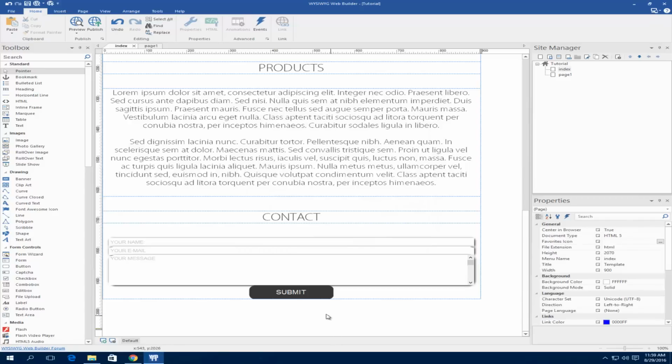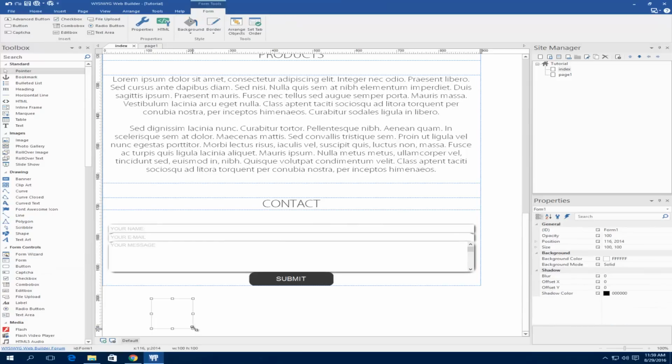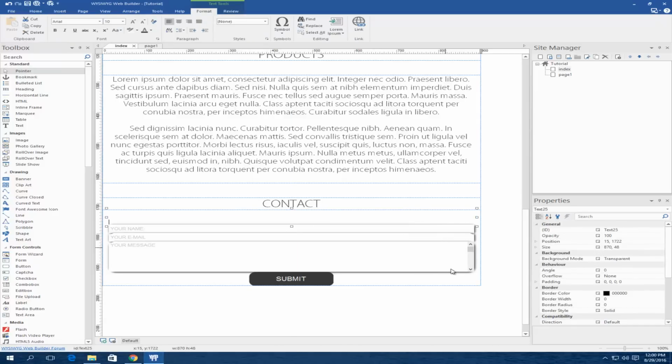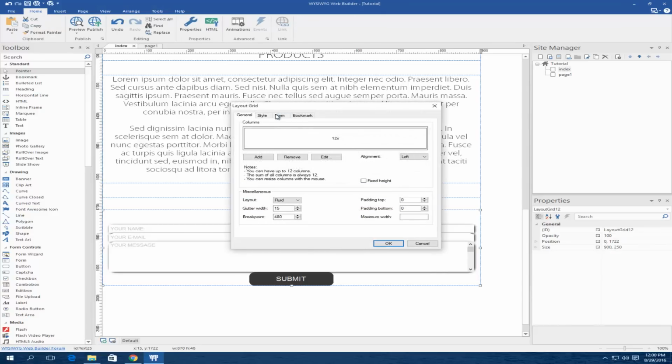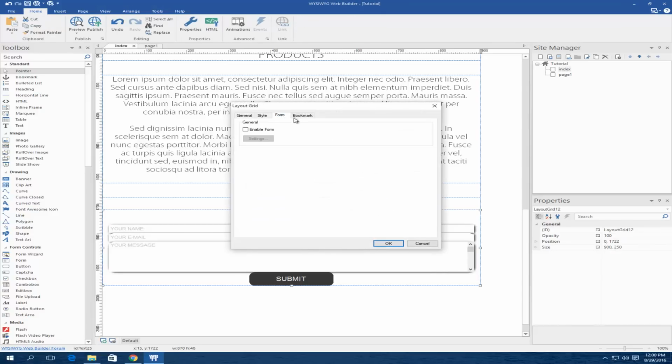Now normally when you basically create a form, you need this form field here to make your form work, but I can't add it here because the layout grid won't work with this field. The layout grid can't handle it, but the layout grid can be a form itself. So double click on it, and we have the form tab,